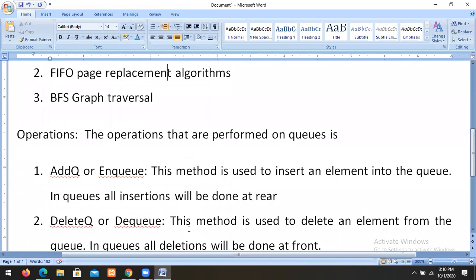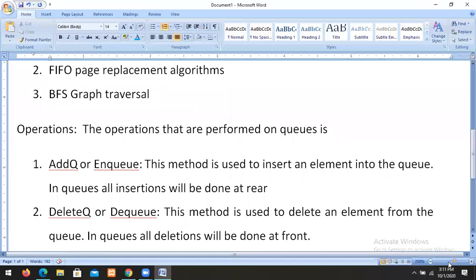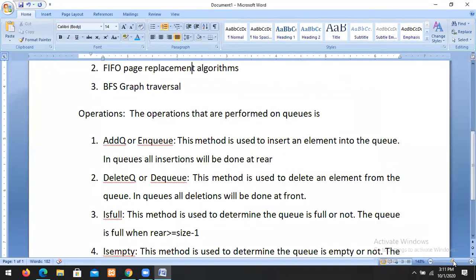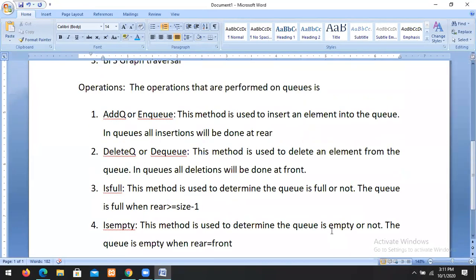So what are the different operations that are performed on queues? The different operations are add queue or enqueue.